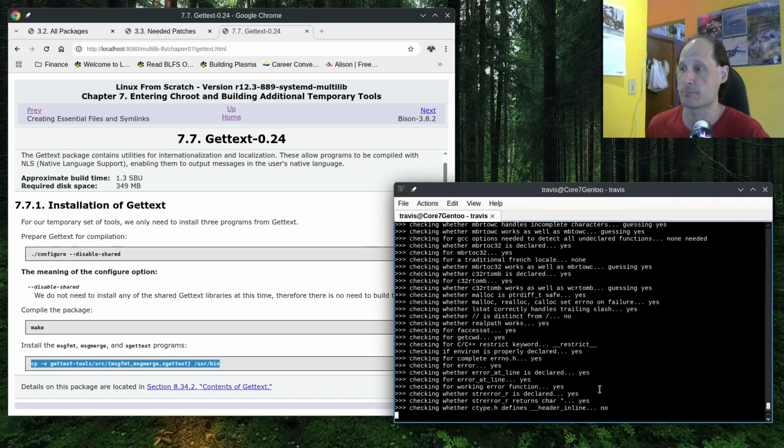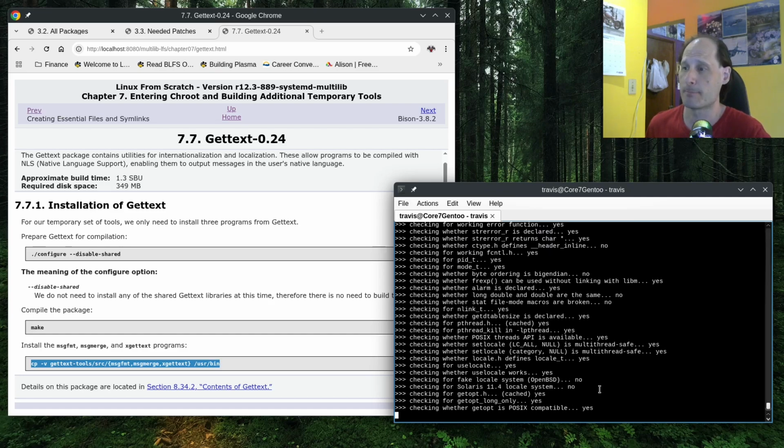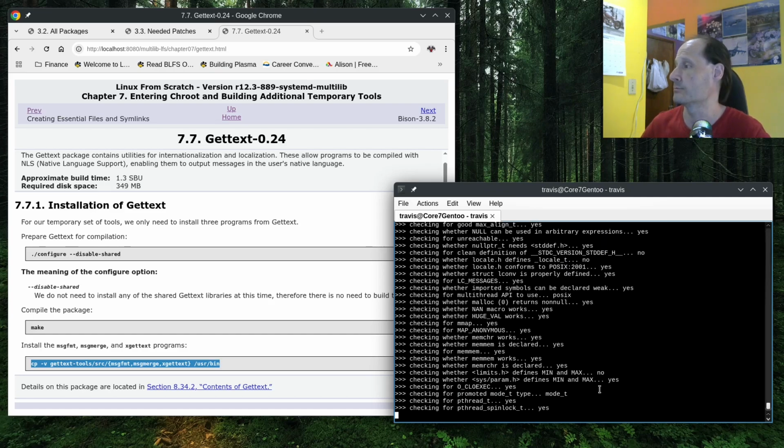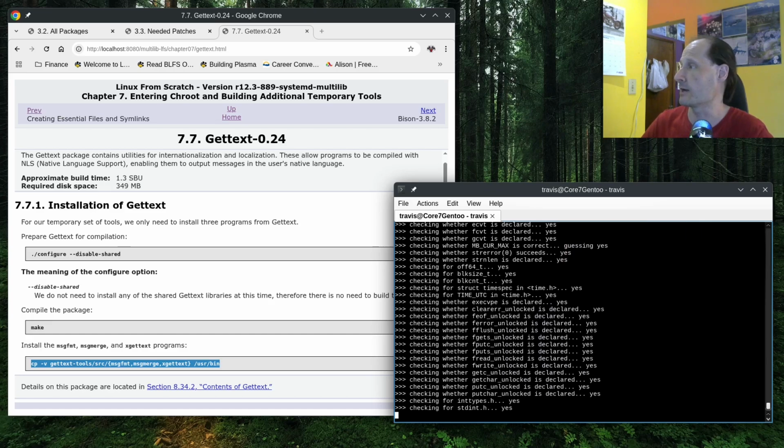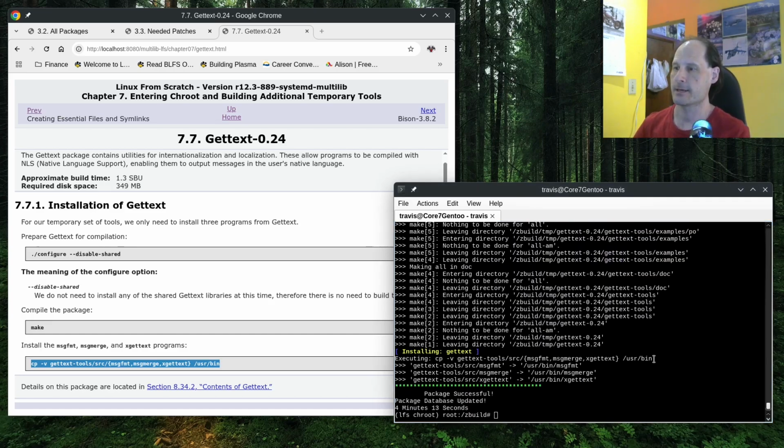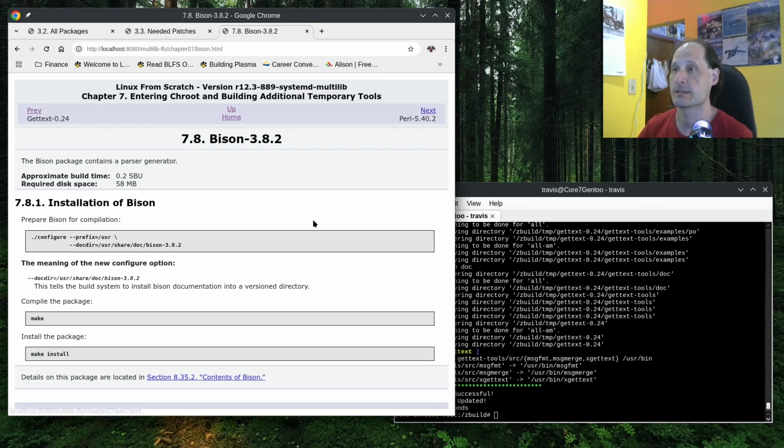1.3 SBU, which will probably be about 3 minutes. So I'm going to put this video on pause. And that only took 4 minutes and 13 seconds. And it's complete. It only installs 3 files, since this is only temporary. And next we'll be building Bison